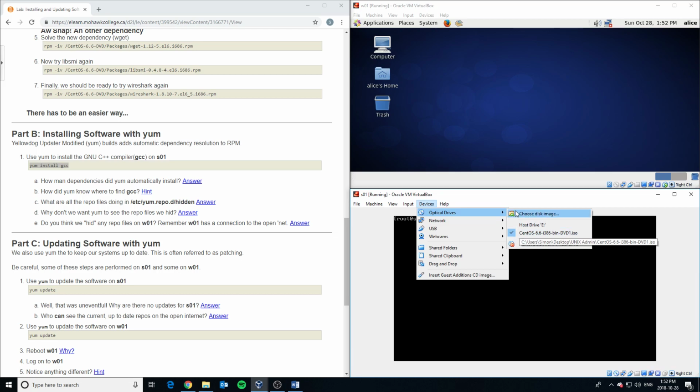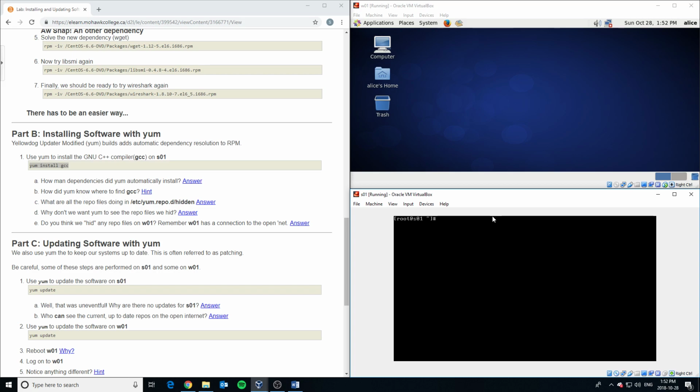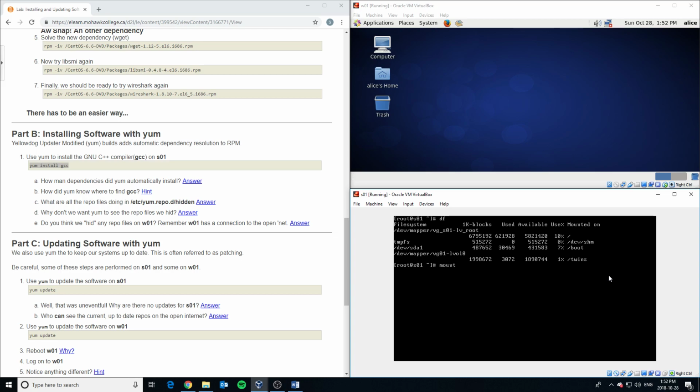Just because that check mark's there, it's not mounted. And I can see that because if I go and type df and hit enter, I don't see that CD in there at all. So it's not there. So I'm going to clear this. Actually, no, I'm not going to clear it. I'm just going to say mount